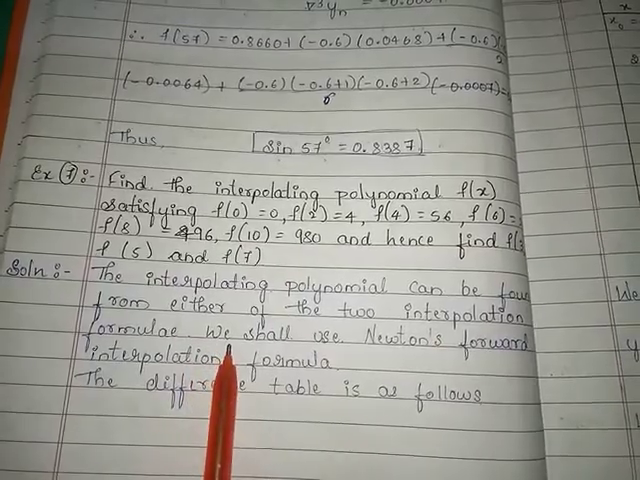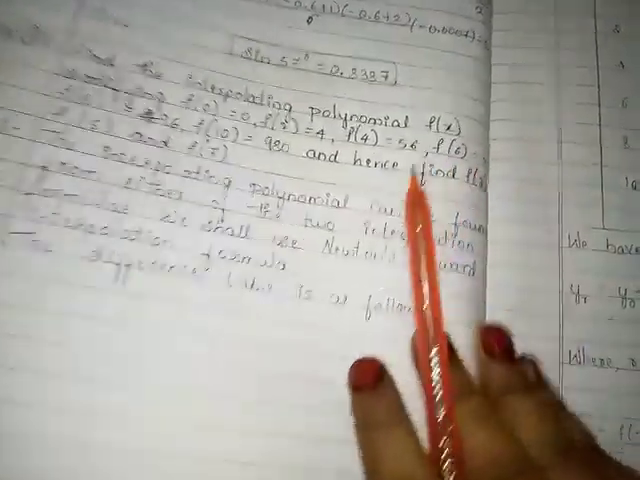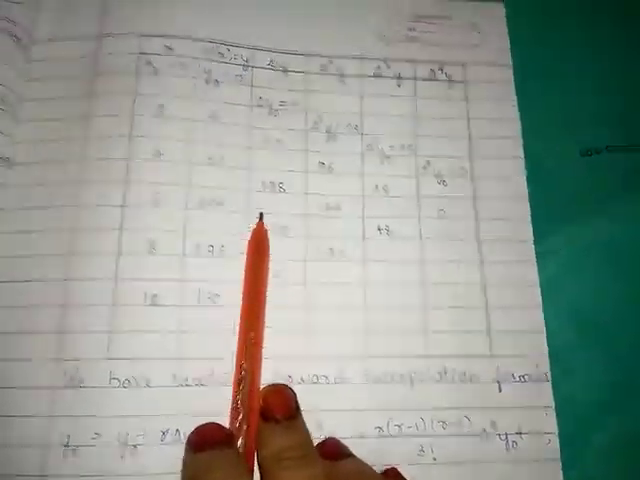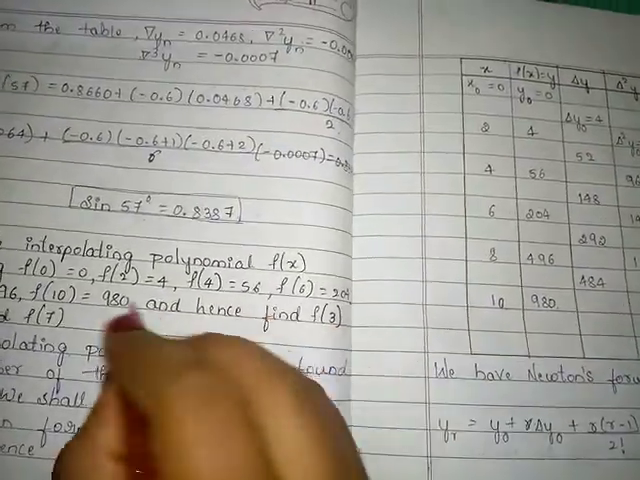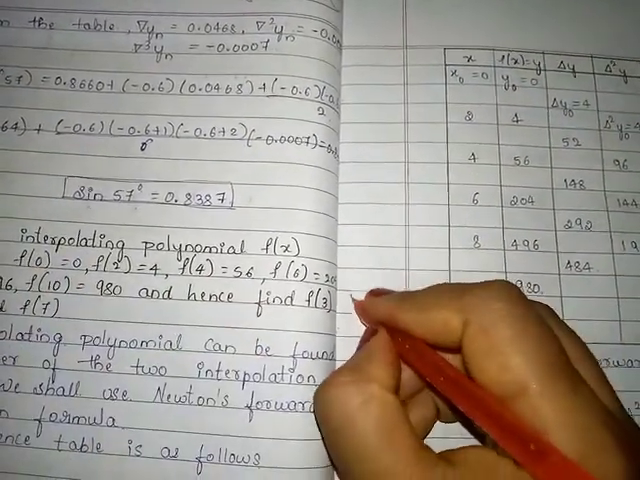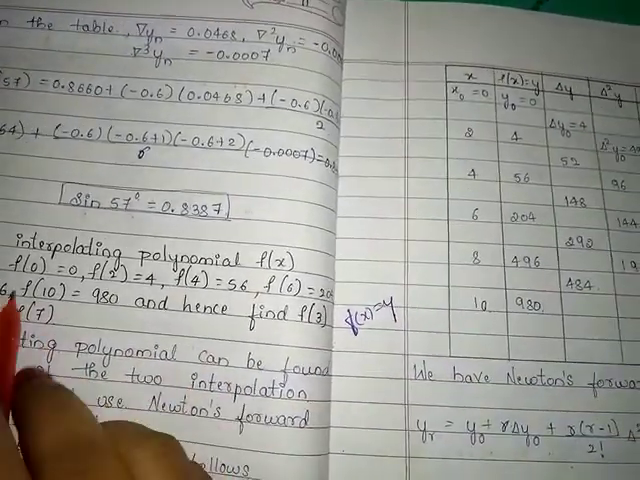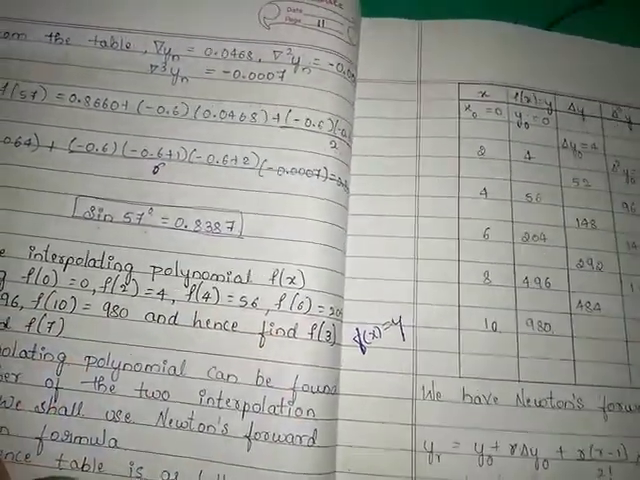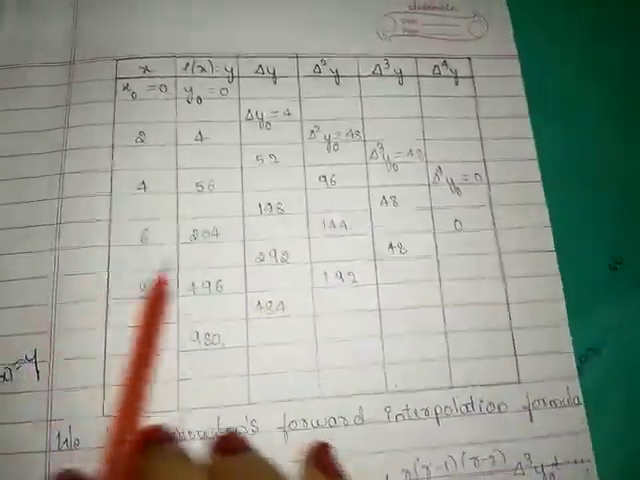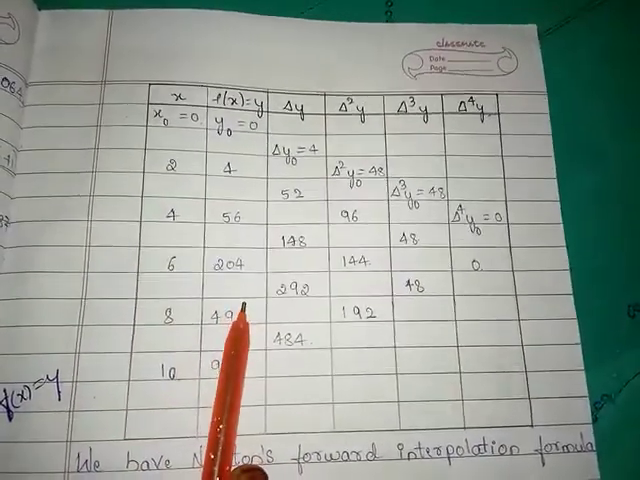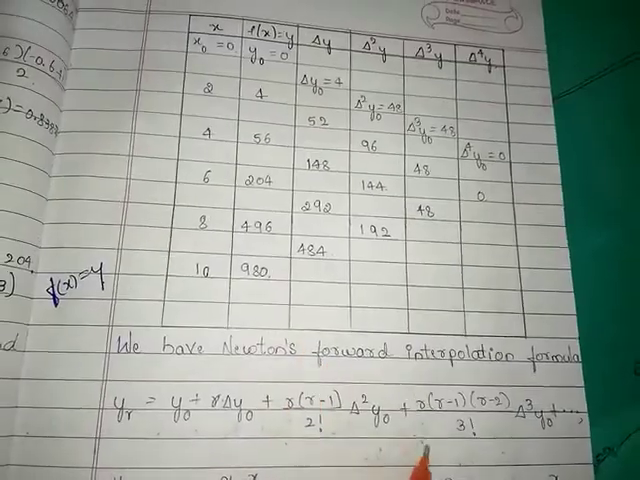Of the two formulae, we shall use Newton's forward interpolation formula. The difference table is like this. These are the x values. See here, f of 0 is equal to 0 is of the form f of x is equal to y. That means these are the values of x and the remaining are the values of y. Calculate the remaining columns and apply